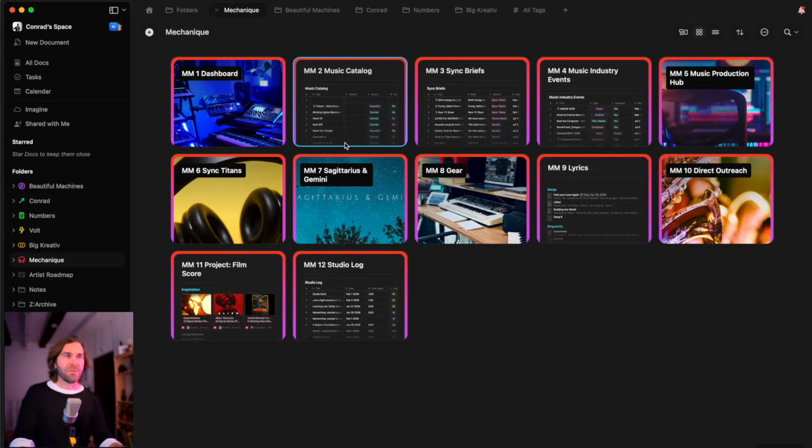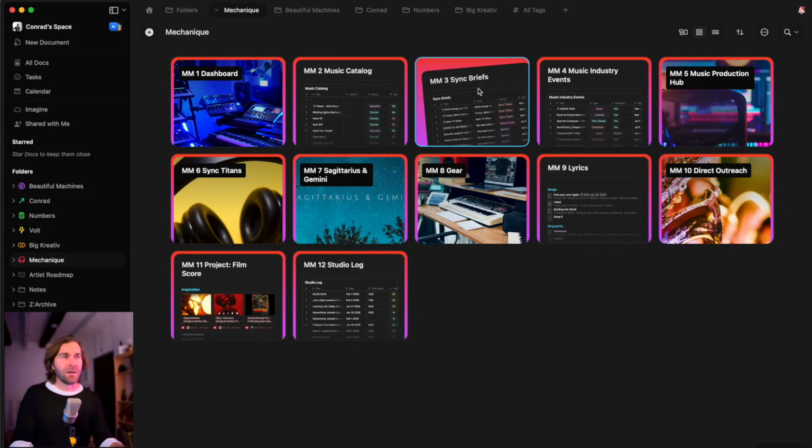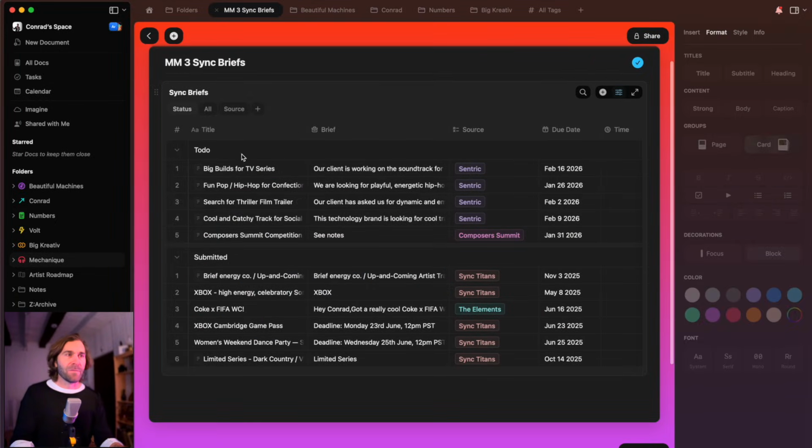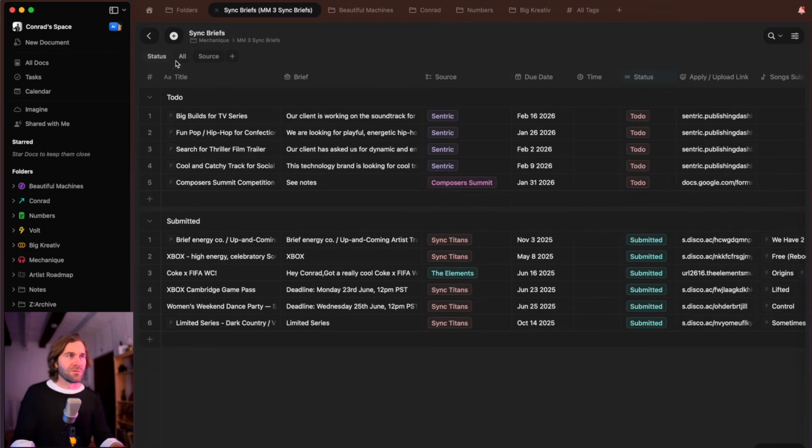And if we go back, I'll show you another aspect of this that I use regularly. It's for sync briefs. So for example, this isn't all of them. So there's by status and there's all. Every time a new sync brief comes in, I enter it into here, and there is a system which I'm working on to automate this so that it just comes in from emails and different sources and gets funneled right into this one place.